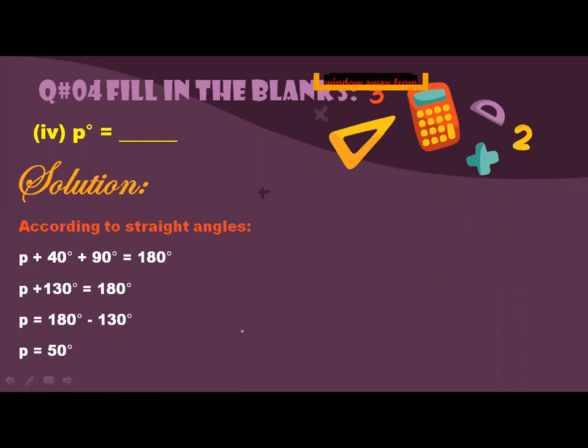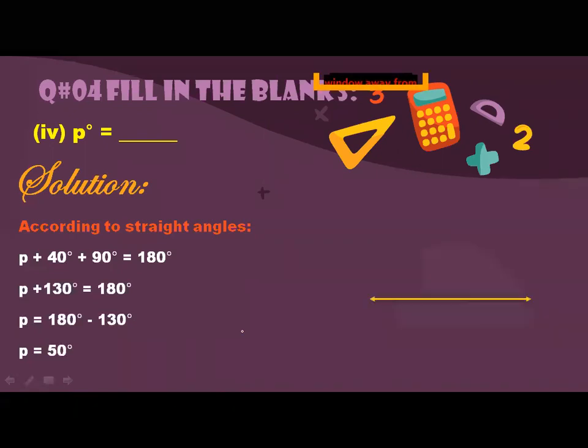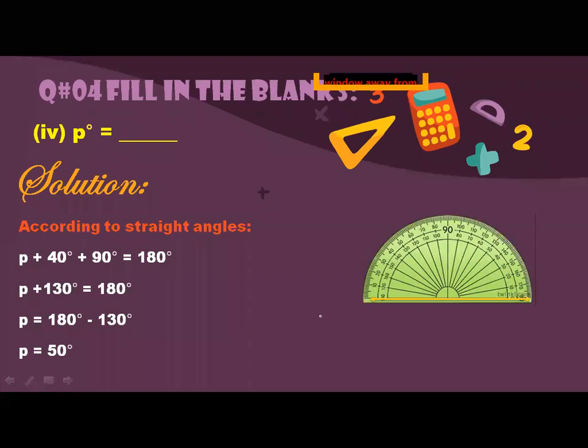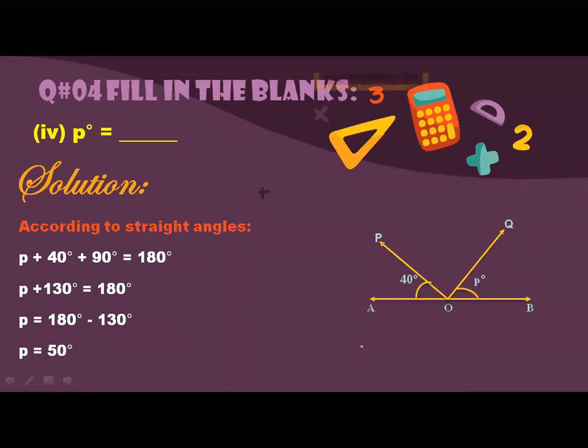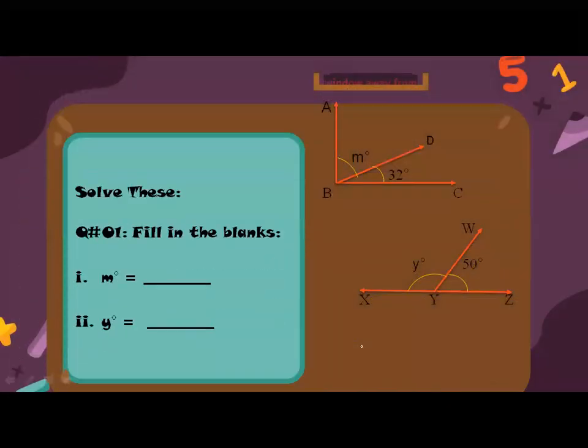Simply you will draw this line first. Okay, then place the D here, and then on the left side you will form the angle of 40°, and on the right side you will form the angle of 50°. Okay, now you will simply draw the lines just like this, and then you remove your D, and then you will simply label it according to your given figure. That's it. Now we are going to start the question answer session.